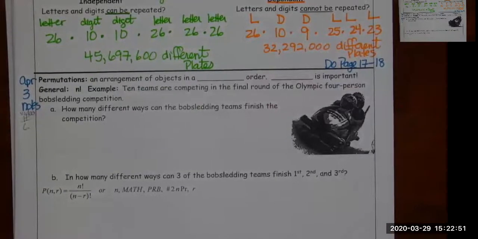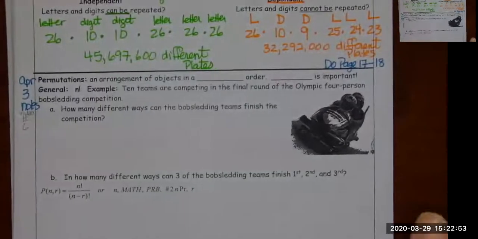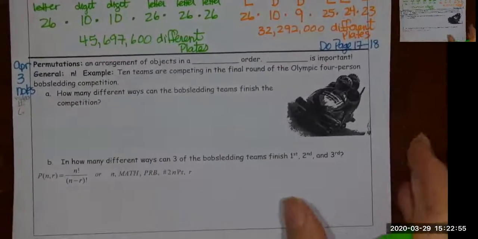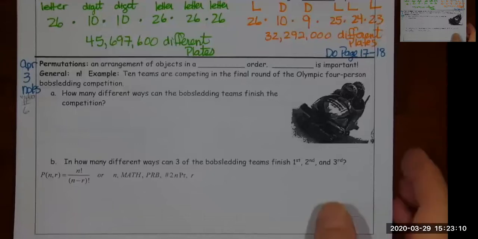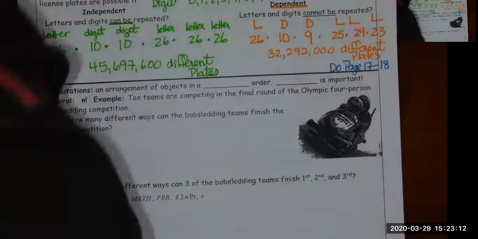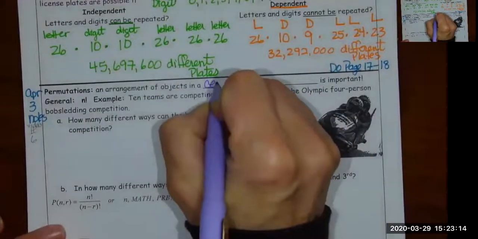We're going to talk today about permutations. Last time we looked at the counting principle and we said, how many ways can I do something? Today we want to look at a special thing called permutations, and that's an arrangement of objects in a certain